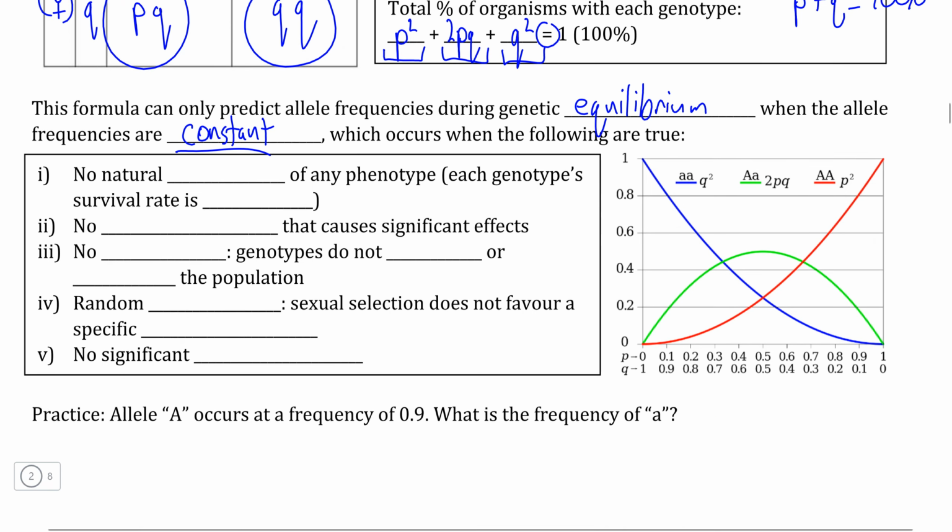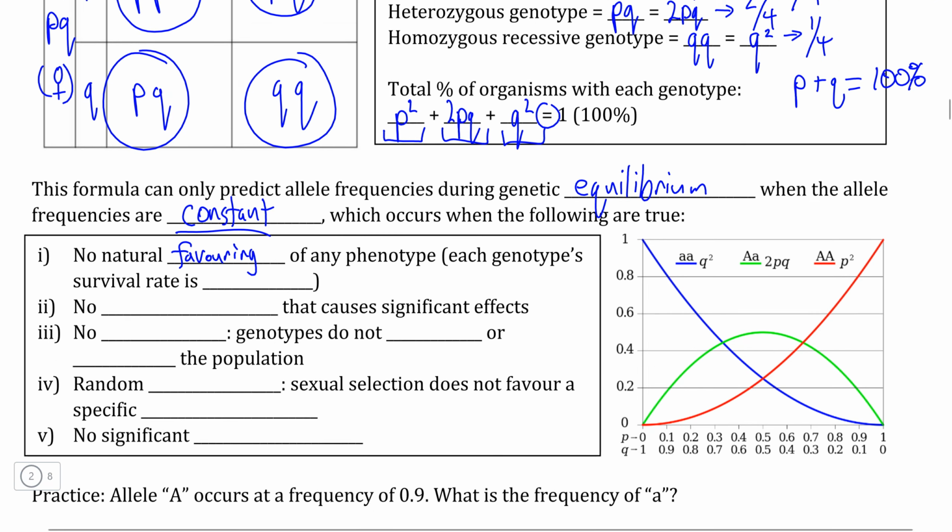So if we review the conditions of genetic equilibrium, this means that there is no natural favoring of one phenotype over another, meaning that the likelihood of each genotype surviving is going to be equal, meaning that there is effectively no natural selection going on within the environment, and natural selection, of course, is therefore caused by some sort of selection pressure, meaning that there is no significant selection pressure that is going to influence these allele frequencies in any